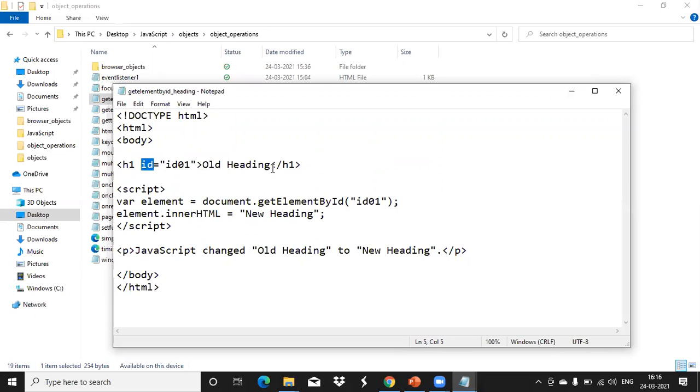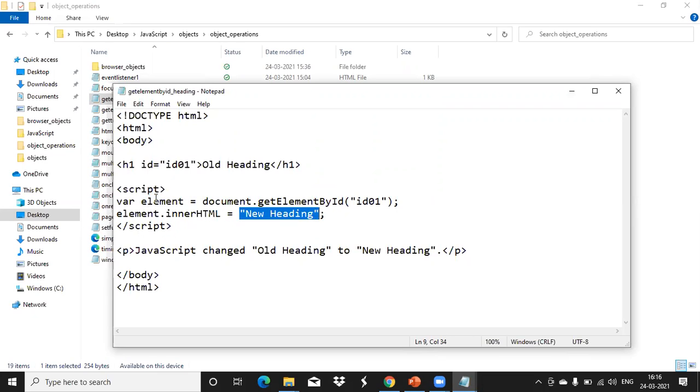So here, the content of the HTML element is the old heading, like this. Now dynamically you want to change it. So we used our JavaScript here. We used document.getElementById, the element value. Here we accessed using that one only. That reference we gave to this element. The reference is nothing but this heading only. Now the heading content you want to change. See, the variable element consists of this reference to the heading, and to element dot innerHTML property, a new value is assigned.